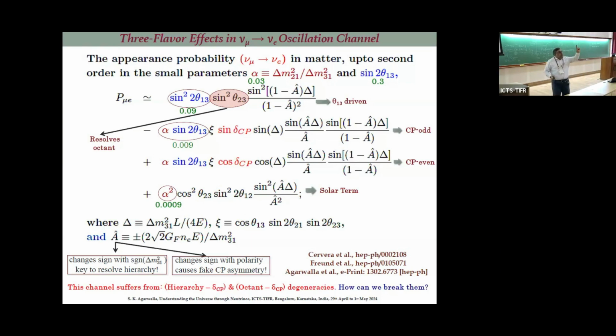Remember, CP odd asymmetries are visible when you have appearance channel. I wrote alpha not equal to beta. Remember 2 slides back? You need to rely on appearance. In disappearance, you have electron disappearance. I told you CP phase will not appear there. In case of muon survival in atmospheric, you will only have cos delta CP term, which is very, very suppressed. There will be no sin delta CP term because it's a survival channel. So there will be no CP violating term in those expressions.